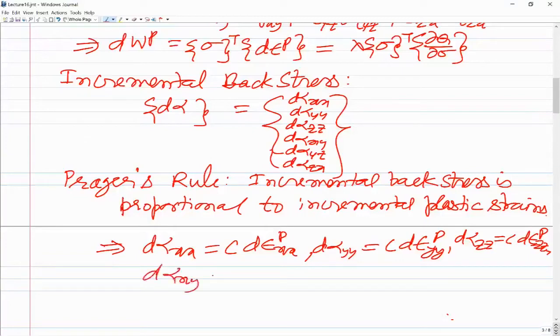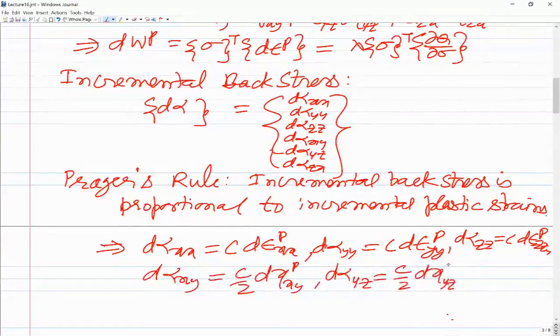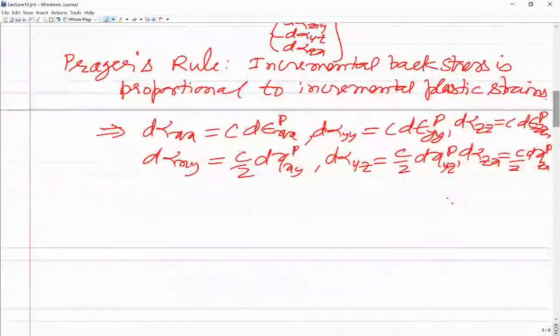So d of alpha xy would be C by 2 into d of gamma xyp, where d of gamma xyp is the incremental engineering shear plastic strain. Similarly, d of alpha yz would be equal to C by 2 into d of gamma yzp, and d of alpha zx will be equal to C by 2 into d of gamma zxp. So this is the evolution law for the back stress, and this is the simplest in the literature